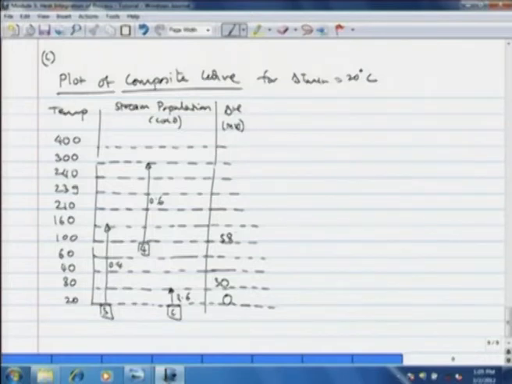From 100 degrees centigrade stream 4 adds, and then till 160 we have two streams, number 3 and 4. So again we have to calculate the enthalpy at 160 degrees centigrade. The temperature interval from 100 to 160 is 60 degrees, and the total Cp is 0.4 plus 0.6, that is 1. So to 58 we add 60 into 1, that is 118.